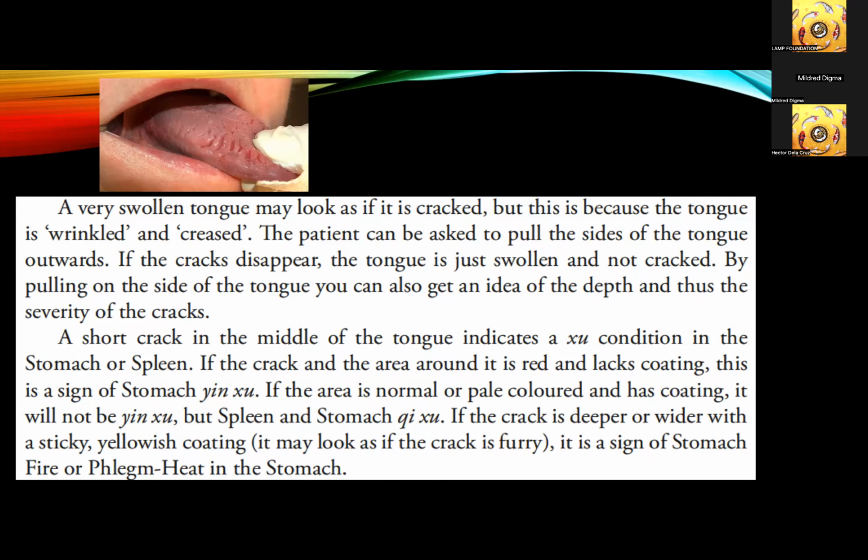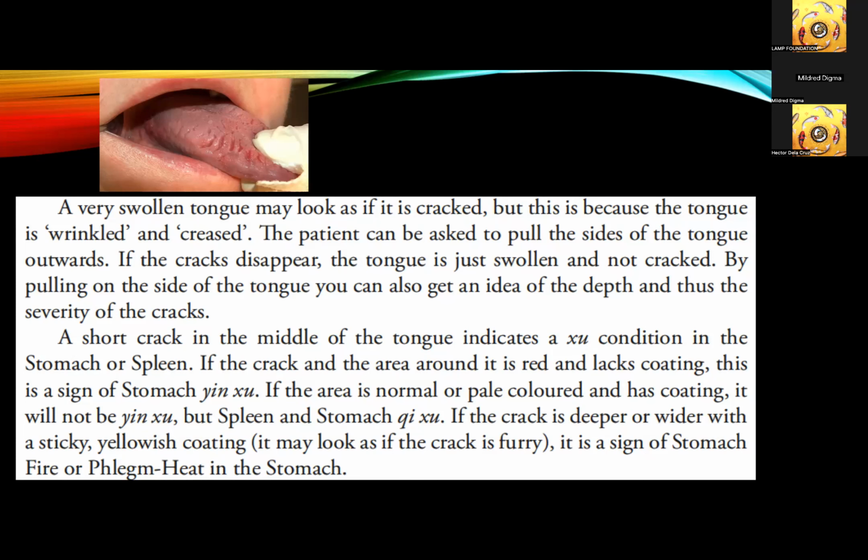The patient can be asked to pull the sides of the tongue outwards. If the cracks disappear, the tongue is just swollen and not cracked. By pulling on the side of the tongue, you can also get an idea of the depth and thus the severity of the cracks. A short crack in the middle of the tongue indicates a deficiency condition in the stomach